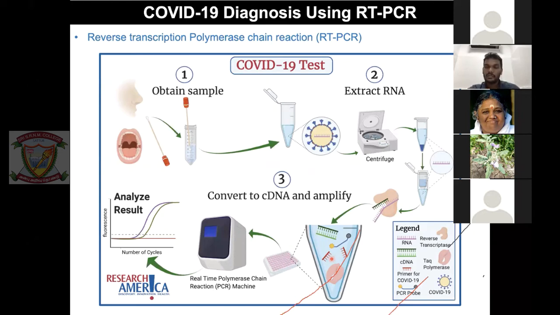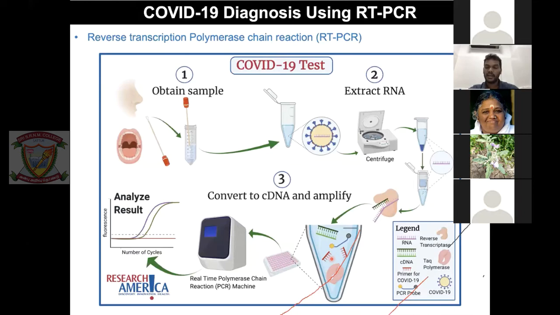So what is the complementary sequence that it's going to bind? The primer is basically a complementary sequence to the genomic RNA, which means you need to know the genomic RNA sequence as well. That is why the first thing they do for any disease is the whole genome sequencing, and thanks to the development, now you know the whole genome sequence and you know the length of the genome. And now what happens? You synthesize the primer that is complementary to that.